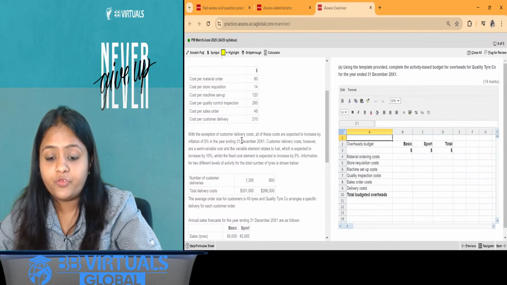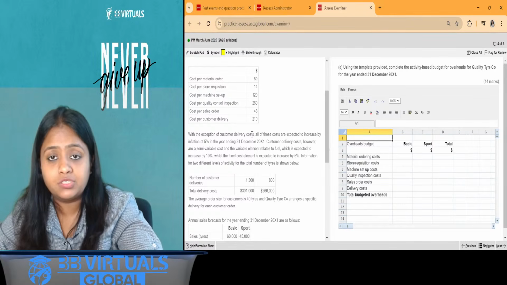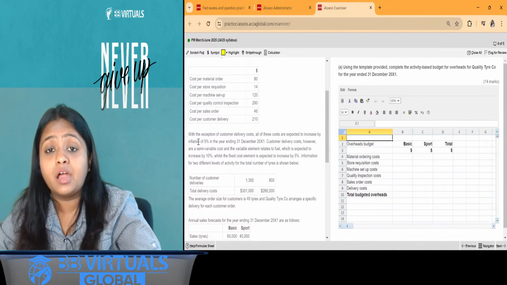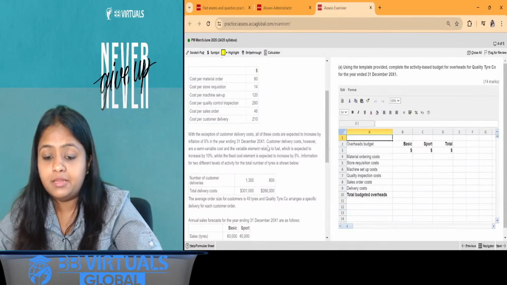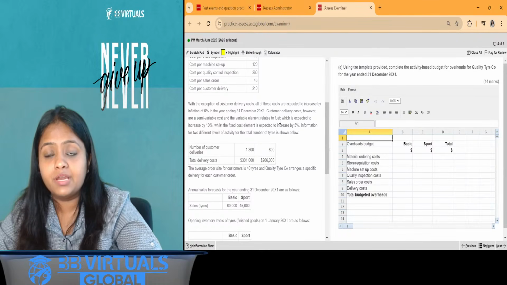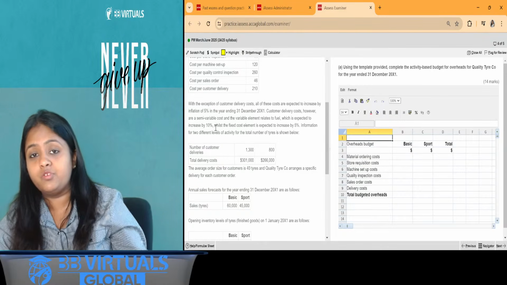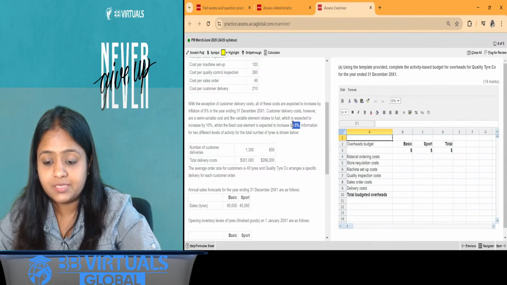With the exception of customer delivery cost, all of these costs are expected to increase by 5%. That means you will take the cost and you will multiply by 105% in the year ending 31st December 20x1. Customer delivery cost, however, is a semi-variable cost, and the variable element relates to fuel, which is expected to increase by 10%. So the variable cost portion you will multiply by 110%, and the fixed cost portion you will multiply by 105%. I think it's good that I highlight it,